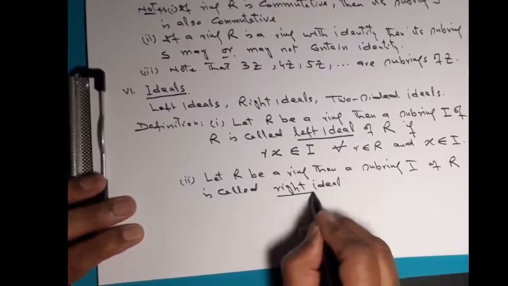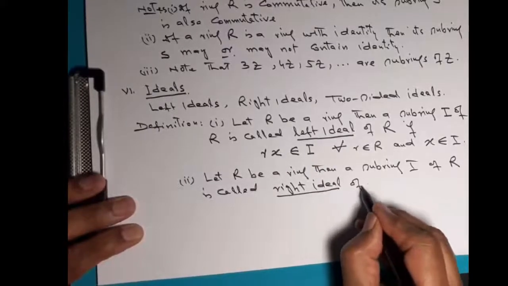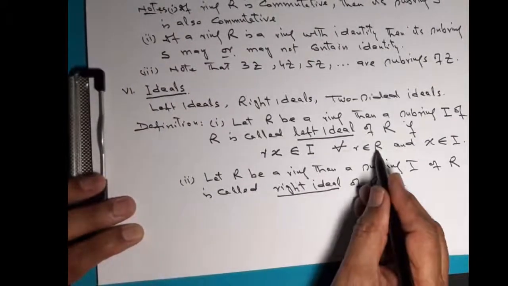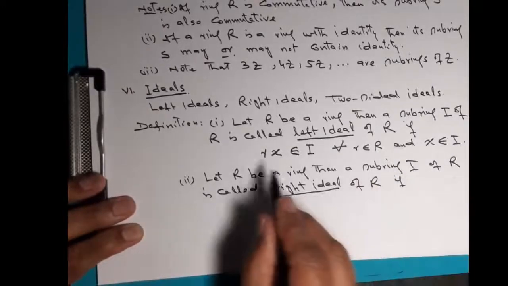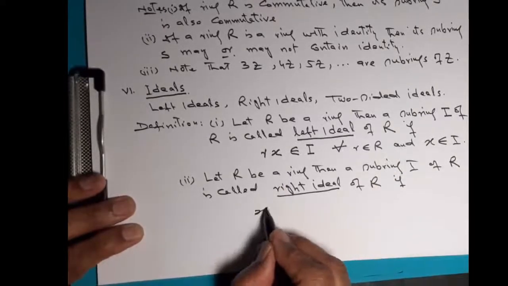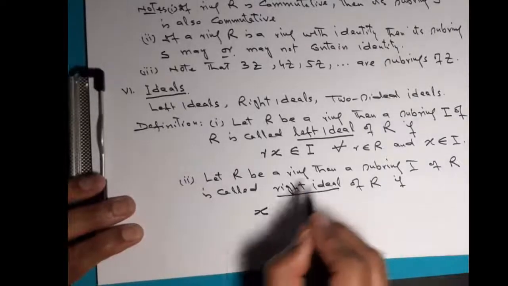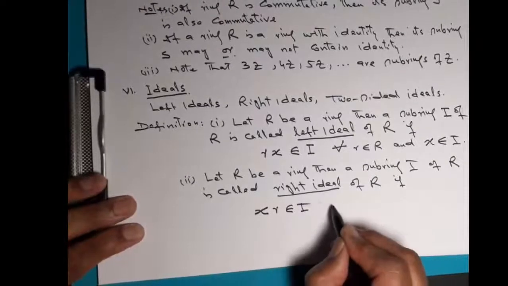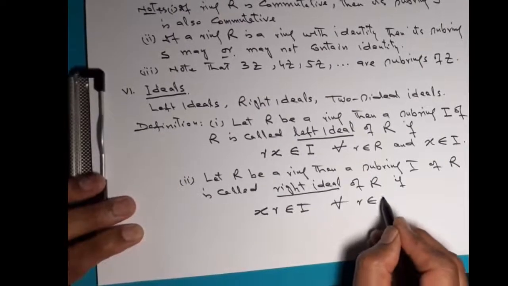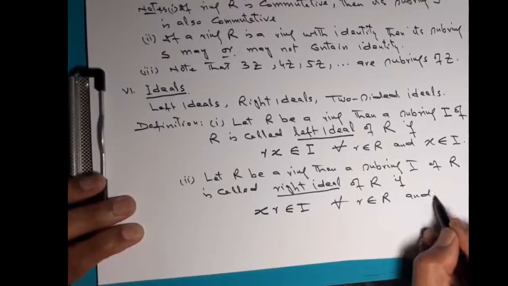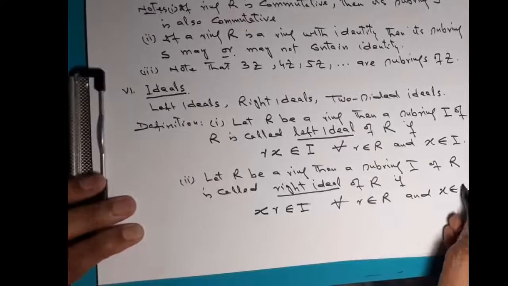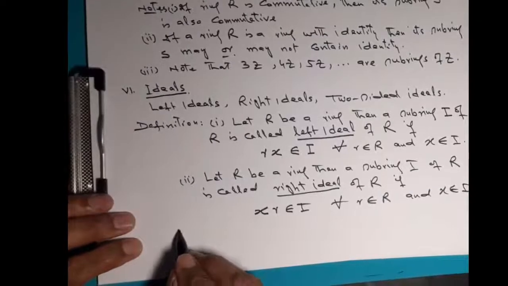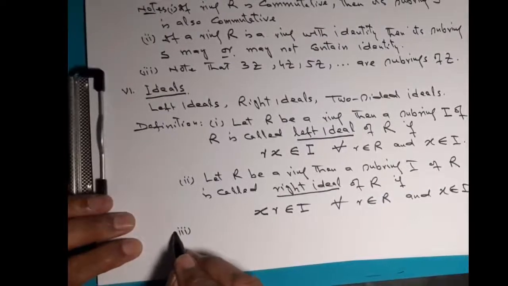और आपको अंदाज़ा होगा कि हमने क्या लिखना है। इस कॉल्ड राइट आइडियल ऑफ आर इफ़, अब हम सिर्फ इतना करेंगे कि एक एलिमेंट रिंग का लेंगे, एक एलिमेंट सब रिंग का लेंगे, लेकिन रिंग के एलिमेंट को हम राइट हैंड साइड पर लिखेंगे। सब रिंग का एलिमेंट लेफ्ट हैंड साइड पर, रिंग का एलिमेंट राइट हैंड साइड पर। xr belong to I for all r belonging to R and x belonging to I. So this is definition of right ideal. Next we come to definition of two-sided ideal, और आप बड़ी आसानी से अंदाज़ा कर सकते हैं टू